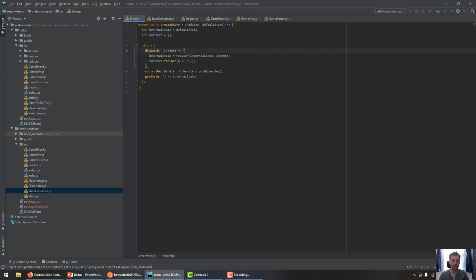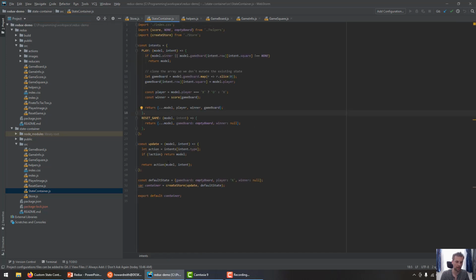So have a look here. Dispatch accepts an intent, which we can also think of as actions, and it sets the internal state value that we have in here based on the value that the reducer that is passed in returns when it receives our model, our current internal state, and the intent that is acting upon that model. Now let's get an example of this so we can help wrap our minds around it. Let's go to this